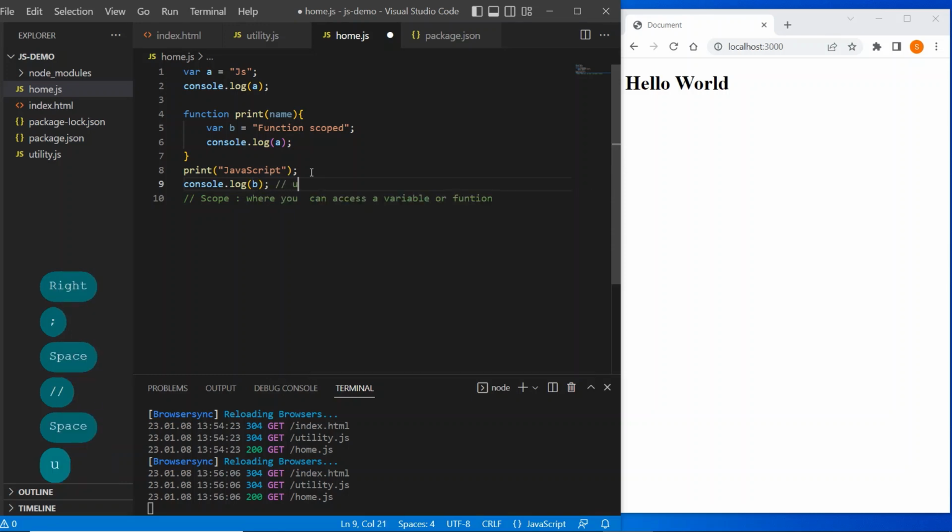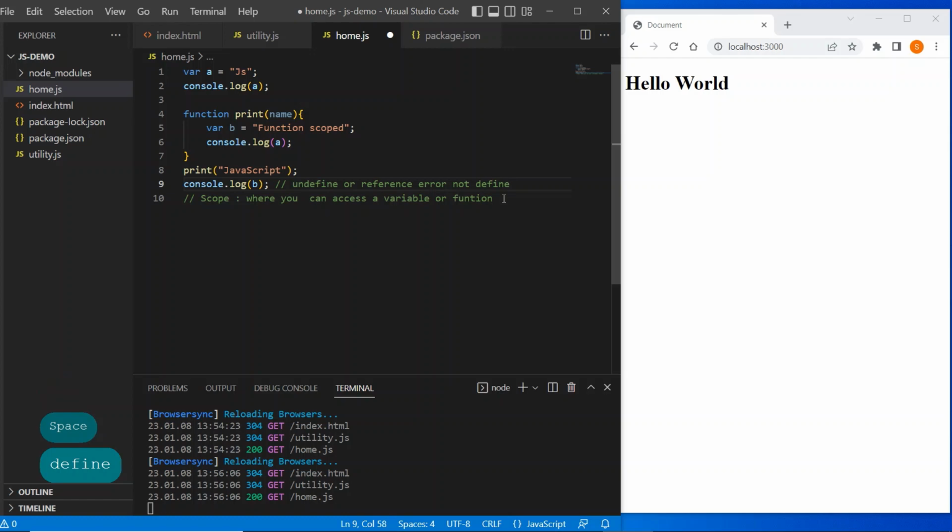Will it print undefined, or will it give a reference error, not defined? To answer this, you should understand scope in detail and how a JavaScript program runs.